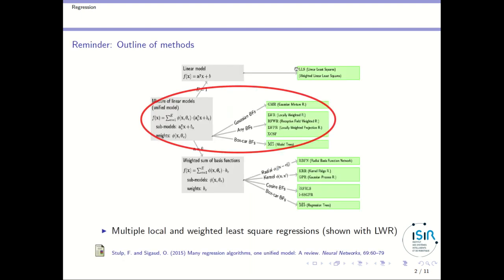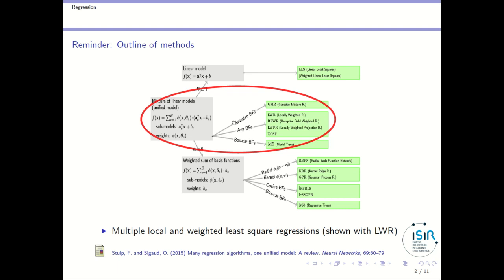In the previous class, we have seen how linear least squares work. We have seen that we can find a linear model to approximate some close to linear function. Now we are asking ourselves how we can approximate a nonlinear function. And as I said in the previous class, there are two methods. One which is based on locally weighted regression. This is the one we see today, and the next will be using radial basis function networks. That's this family. Okay, so let's focus on that.